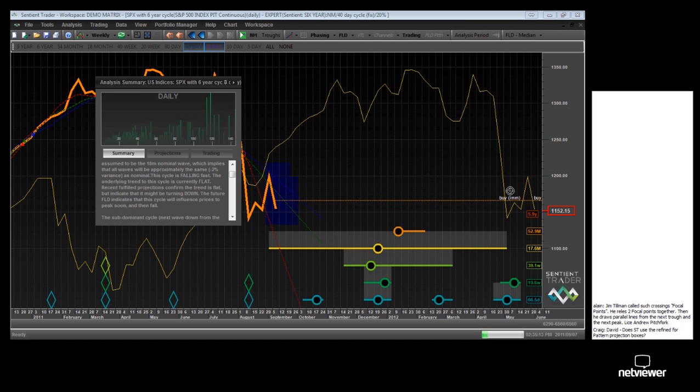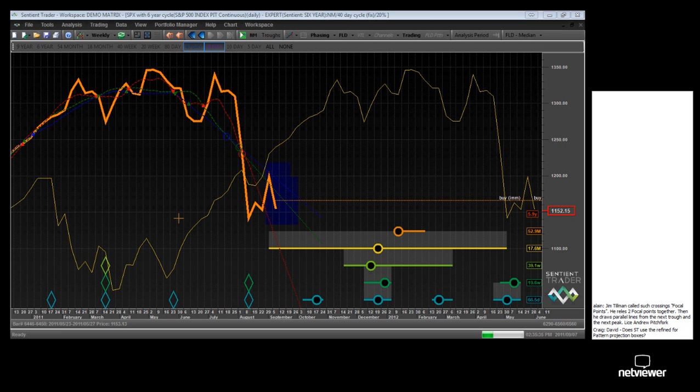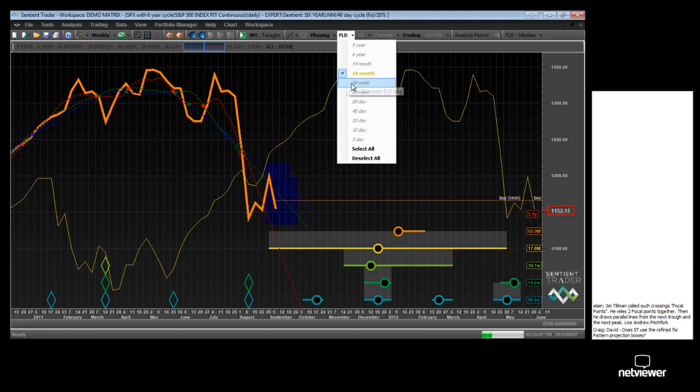Yes, I'm not very familiar with Jim Tillman's work, but I'm very familiar with Andrew's pitchfork, and the process is really all the same. It's a simple mathematical way in which prices are interacting with the cycles that are happening underneath them. Does ST use the refined version for the pattern projection boxes, Craig? Yes, it does, and I'm going to get to those pattern projection boxes in a moment, because